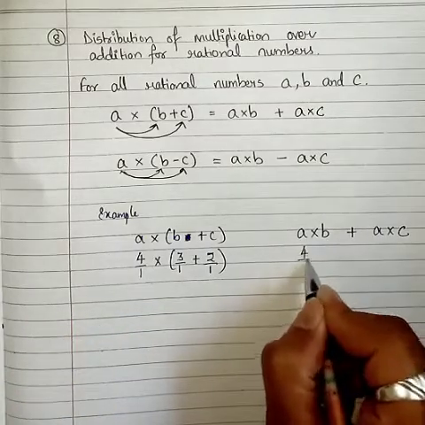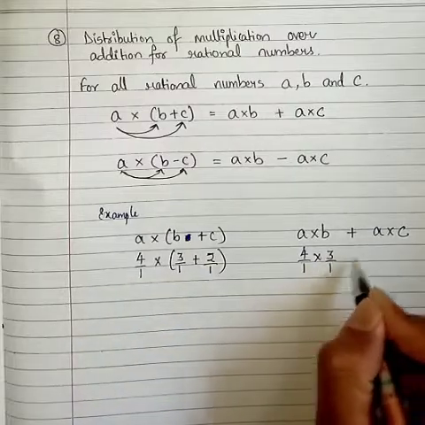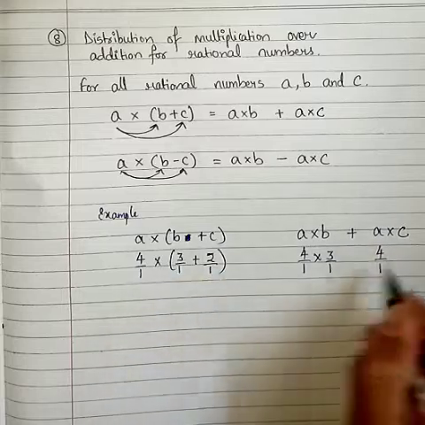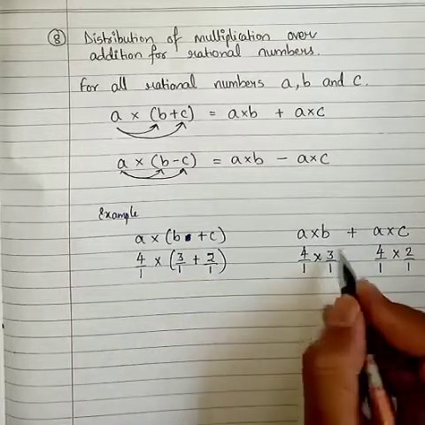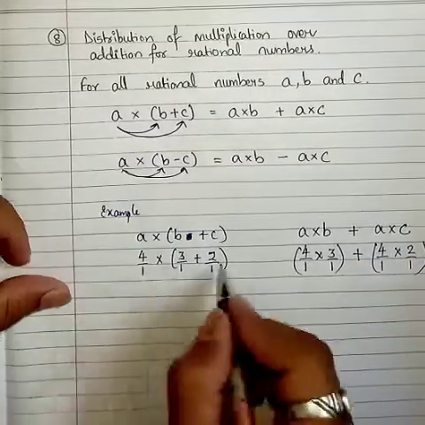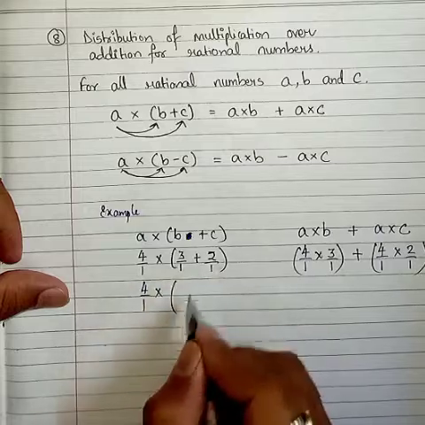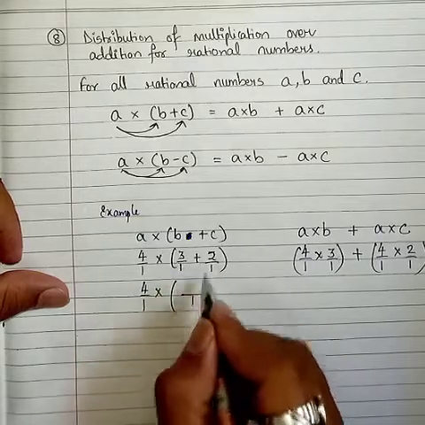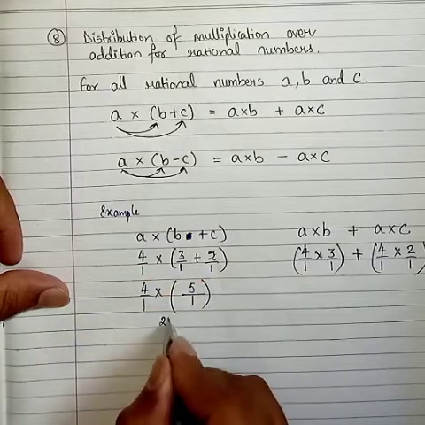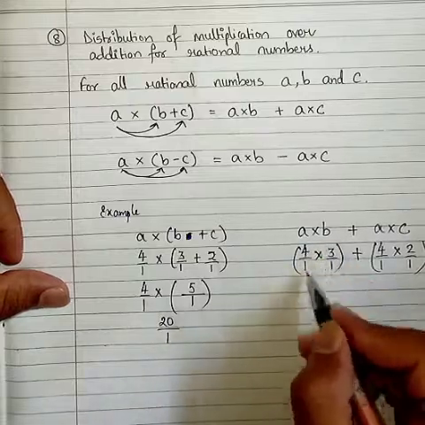वैसे यहाँ पर भी a जो होगा वो 4/1, b जो होगा वो 3/1, और c जो है वो 2/1, और ये दोनों जब रिजल्ट आएंगे मेरे, उन दोनों को मुझे ऐड कर देना। सो आई विल चेक दिस। सो 4/1 मल्टीप्लाई बाय, पहले हमें ये ब्रैकेट सॉल्व करना है, डिनोमिनेटर विल बी सेम, 3 + 2 आई विल गेट 5। अब इनको मल्टीप्लाई करना है, सो 4 5 ज़ा 20 एंड 1 1 ज़ा 1।